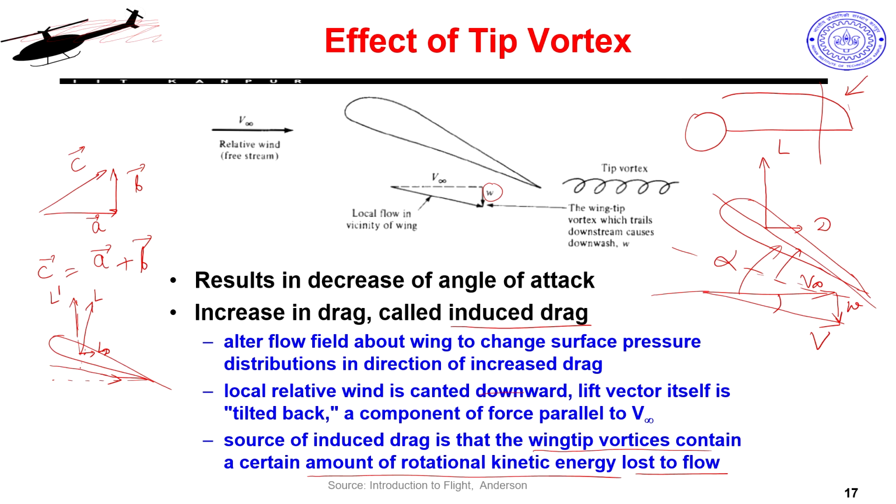So, coming back to my original question, which was: what do I do to improve my 2D behavior and reduce my 3D behavior, other than the winglet part? One thing is I can modify my planform, make it tapered or something, so that as I go close to the end of the wing, my lift generation and the pressure difference between top and bottom will come down a little bit. But tapering is also a tricky thing. My manufacturing of the wing becomes more tricky.